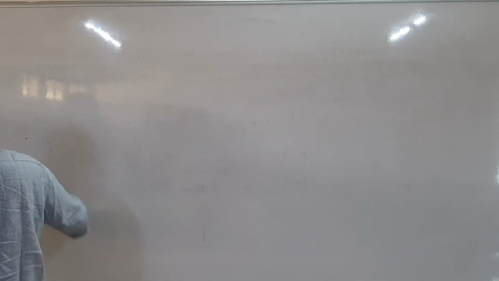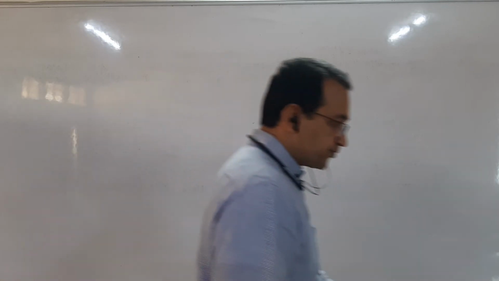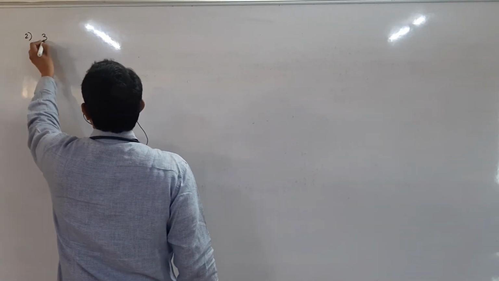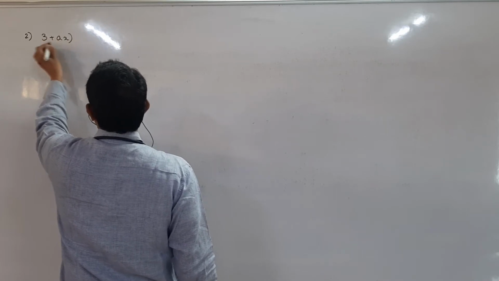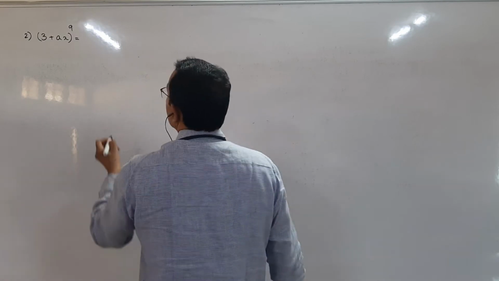Now students, the next question is comparatively easy. In the expansion of (3 plus ax) raised to 9, the coefficients of x square and x cube are equal, then find the value of a. Okay, the expansion of (3 plus ax) to the power 9. So this expansion will be